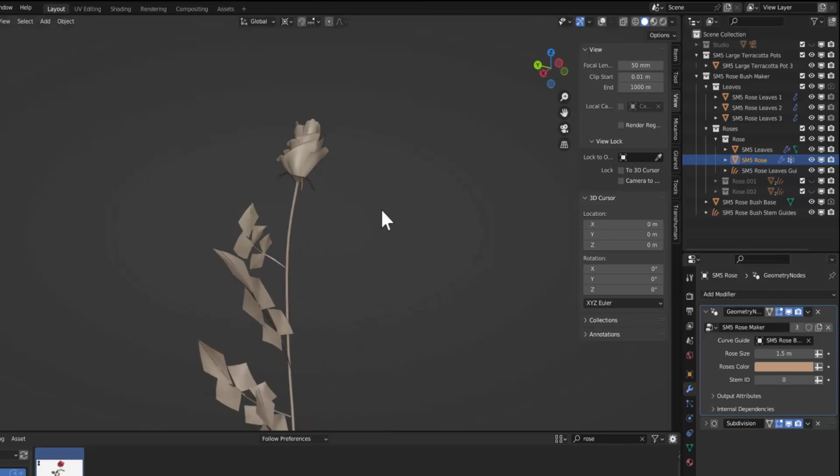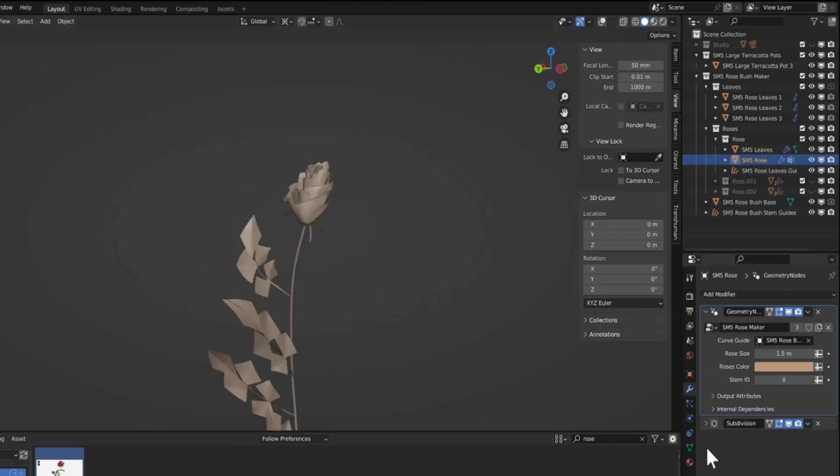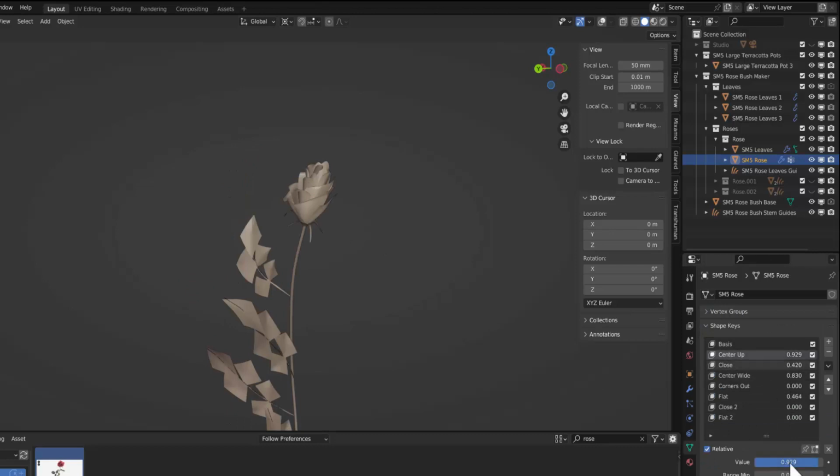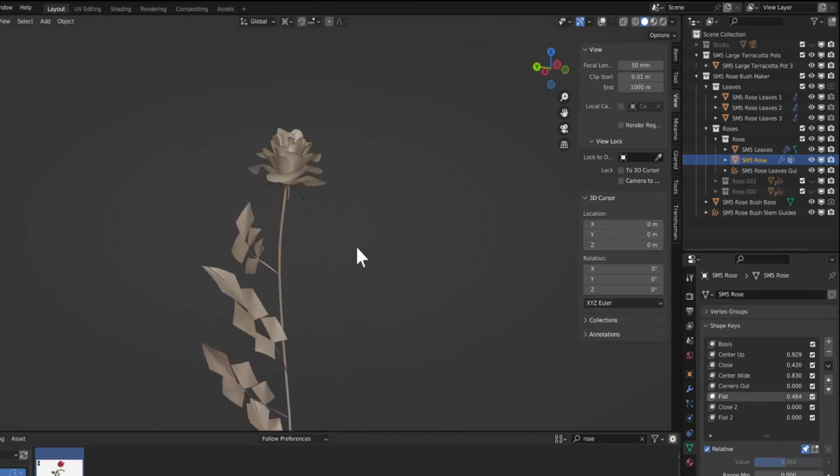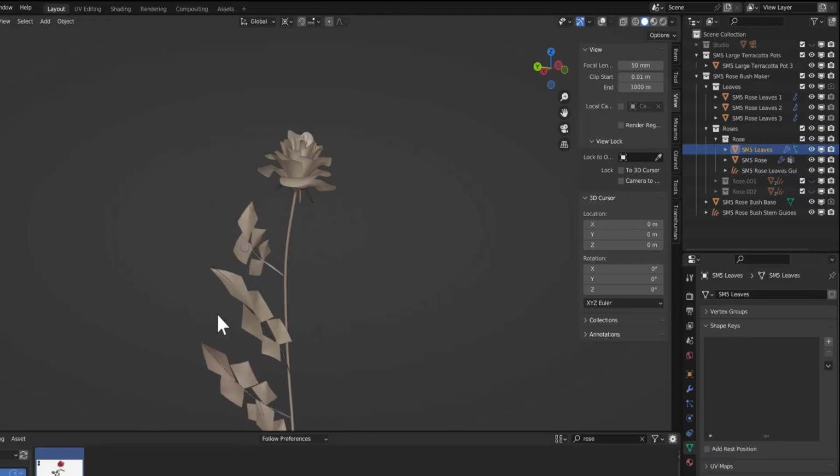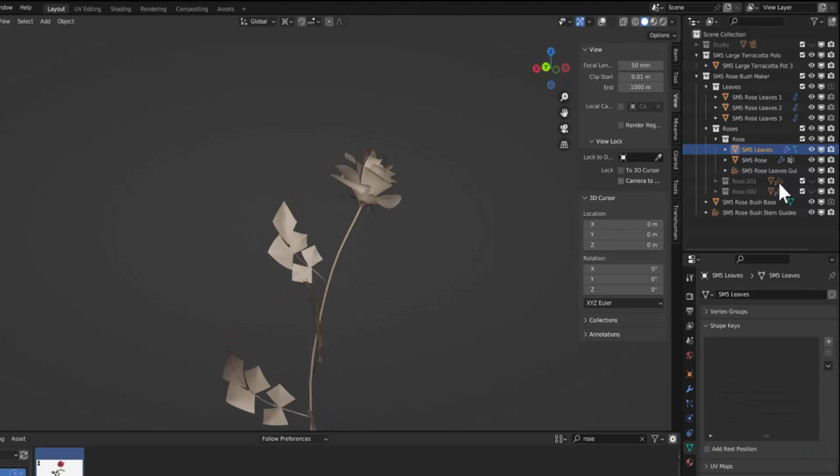So once you have the shape of the rose decided, I'm going to just select this one, for example. You can modify the leaves of the rose, and those are in here. Now,